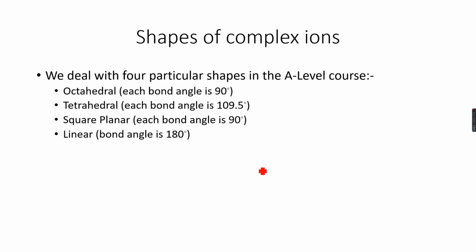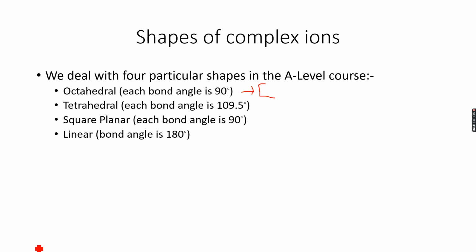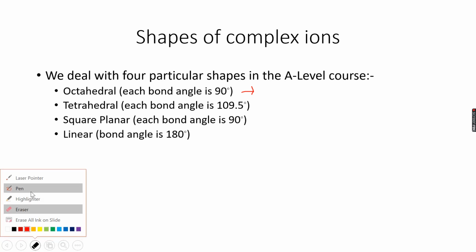Okay, so shapes of complex ions. I have been drawing really weird ions right now, so I'm pretty sure you're confused, but let's now focus on the shapes. So when I drew the Cu2+ aqueous central metal ion, which is basically square brackets, this is how you write a condensed form of the complex ion.